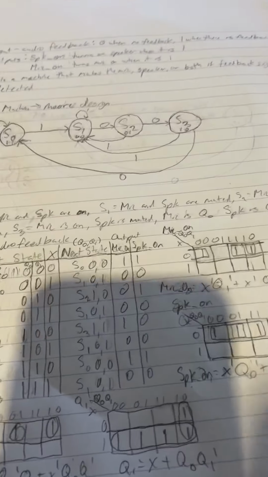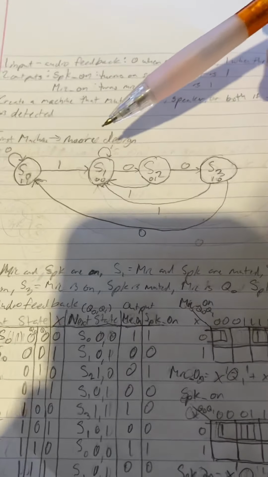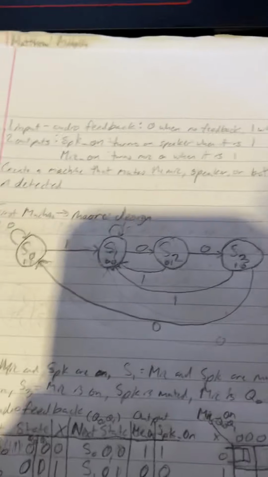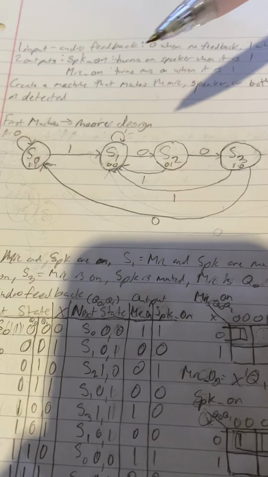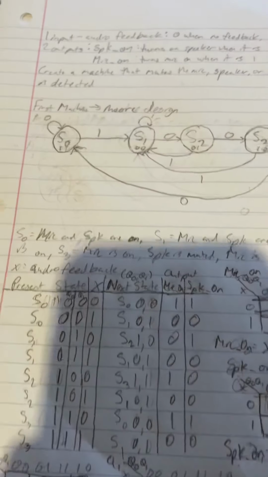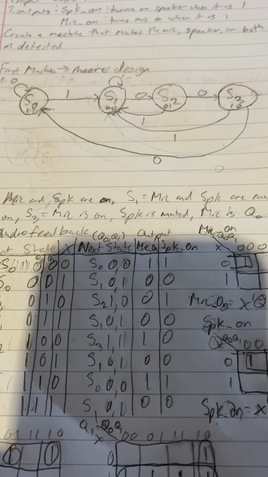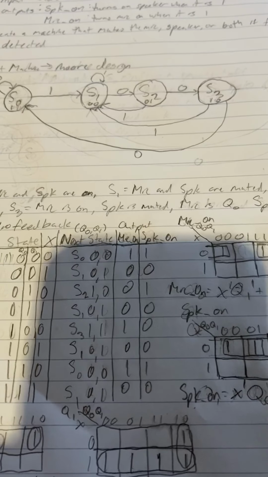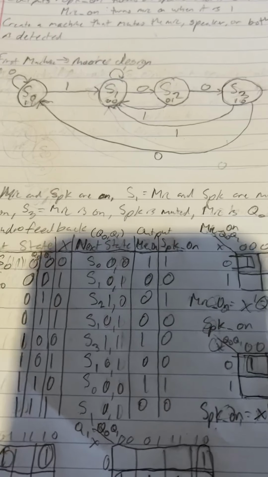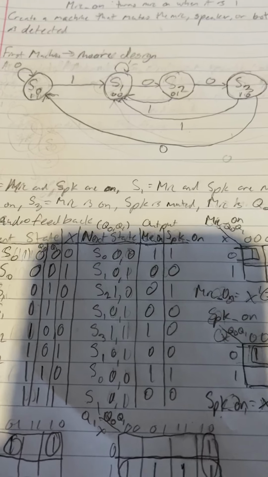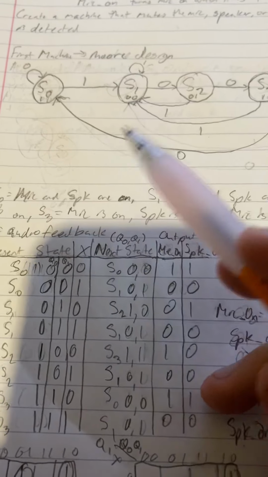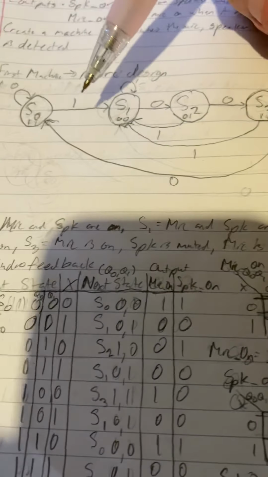Okay, so when first designing this, I was going through many different states. First of all, regarding this state diagram, I was going back and forth on how I was deciding whether I wanted to mute the microphone and speaker separately, then mute them both if there's audio feedback coming from them, or if I should just mute them entirely. I decided to just go with mute them both. So for my state diagram,